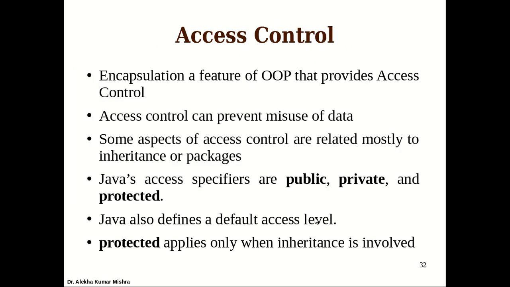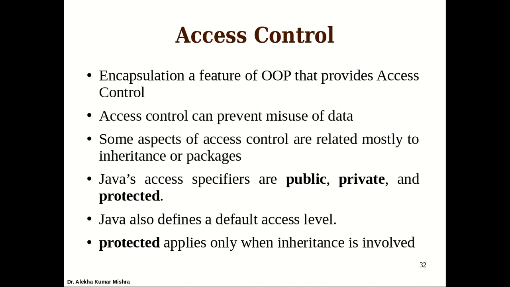Okay, then let us come to access control. We know that access control is part of the encapsulation feature, which binds data and the methods that are allowed to access the data together. The methods which operate on data members are clubbed together using the class structure, and this feature decides which method, and for an outsider which part, can be accessed.